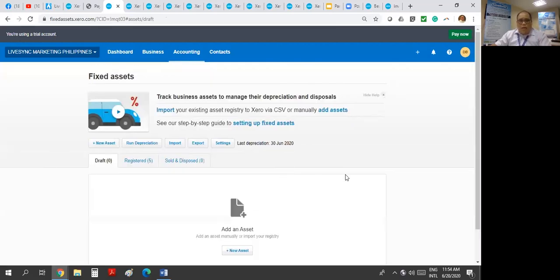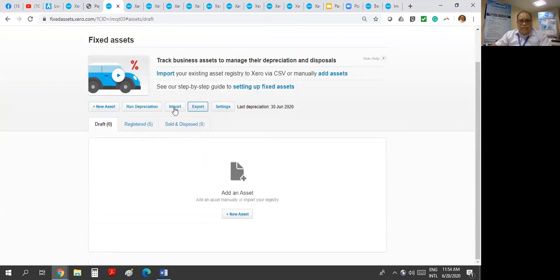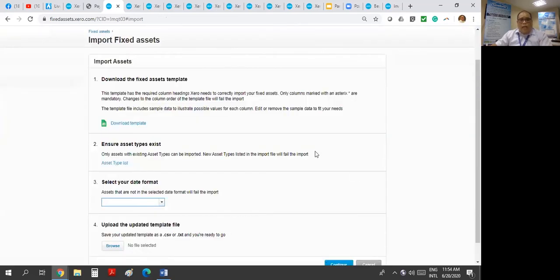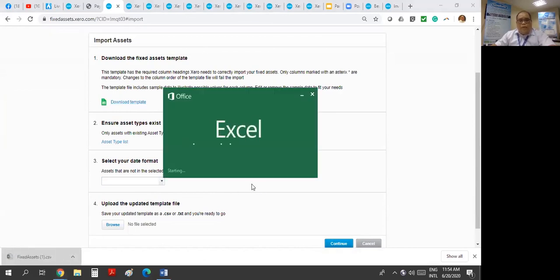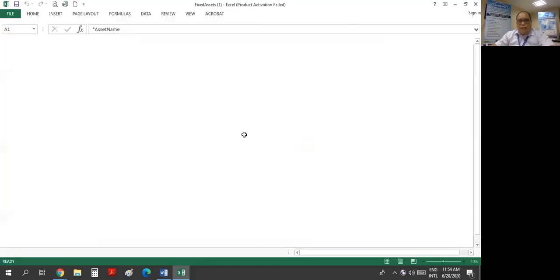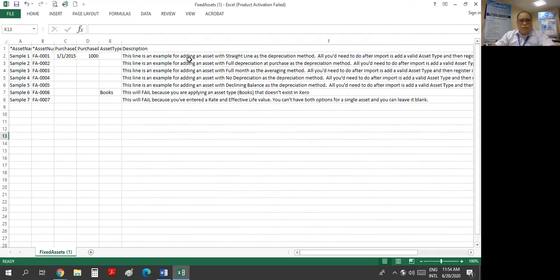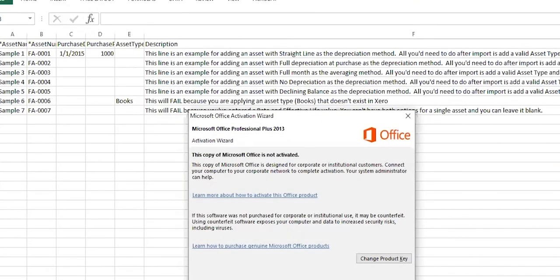Okay, what else can we do with the fixed asset? You can also import a list of your assets into the system. So maybe you're converting from another system, copying your book value from the old system to the new system at the new conversion date. You can do that by downloading this template. This is a CSV template. You pre-populate this according to the instructions given here in the Excel. It gives you instructions on how you would want to